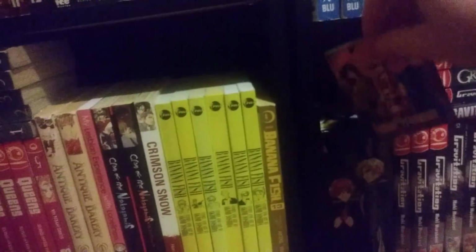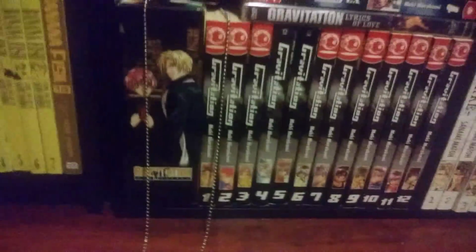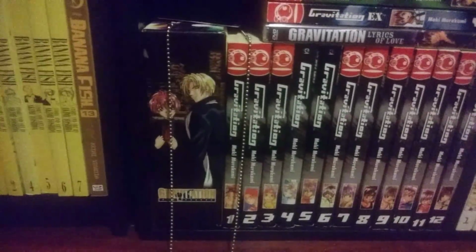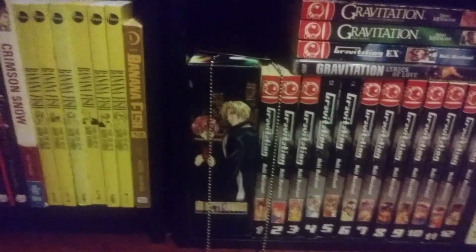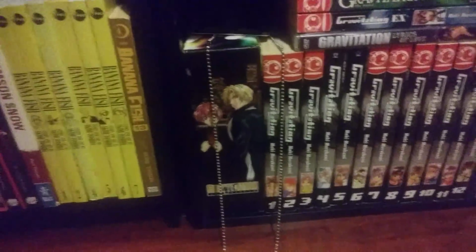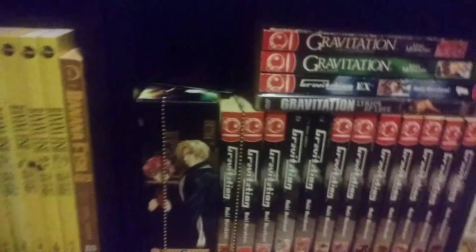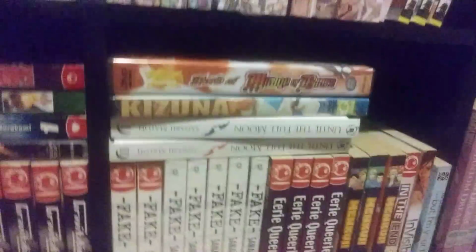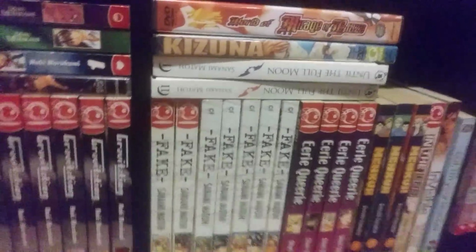And I know this is greedy, and I know this is selfish, but I am just so scared that I'm going to watch Gravitation so much that it stops working. So when I saw it for $20, I double dipped, and I have 2 copies of the DVD, and it's actually in the back behind it. So if that one ever stops working or the other one stops working, I can still continue to watch it. So yeah, I know that's awful, but oh well. And I feel a little bit selfish for keeping 2 copies when some people might be looking for it. And I have 2, and they don't have any, but yeah, it would be okay. So yeah, the next one, this is...